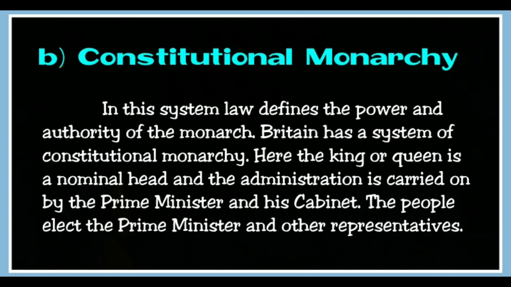Number B. Constitutional monarchy. In this system, law defines the power and authority of the monarch. Britain has a system of constitutional monarchy. Here the king or queen is a nominal head and the administration is carried on by the prime minister and